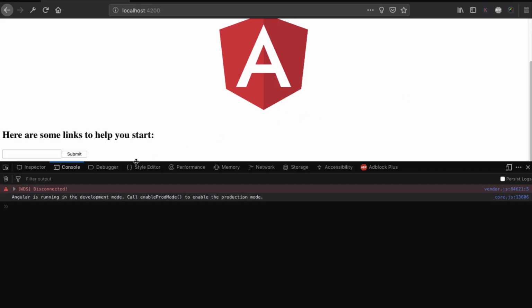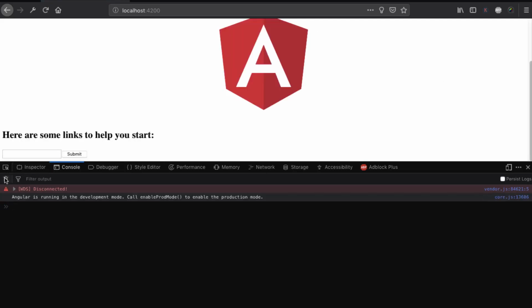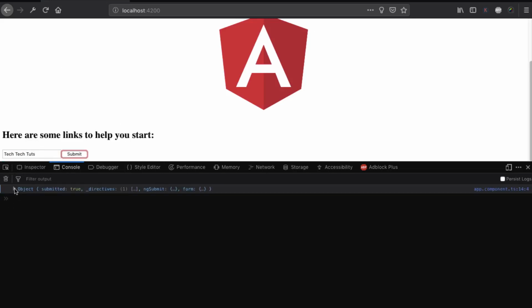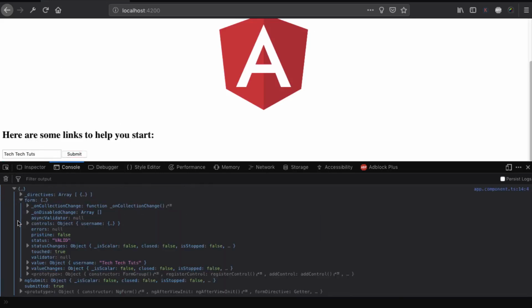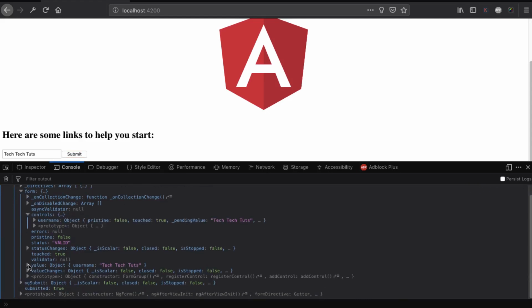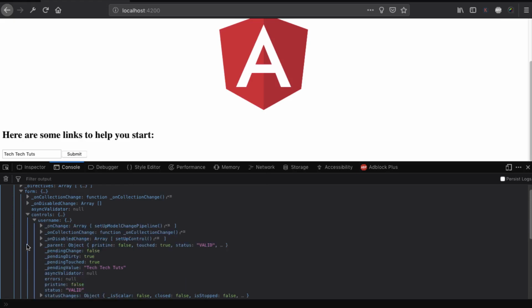After that, if I reload the page, everything is good. Now if I type here TechTechTuts and press the submit button, and now if I go to the form object, you will see controls username as well as value username. So you can get this value using the value parameter, or you can use the controls to control the username and